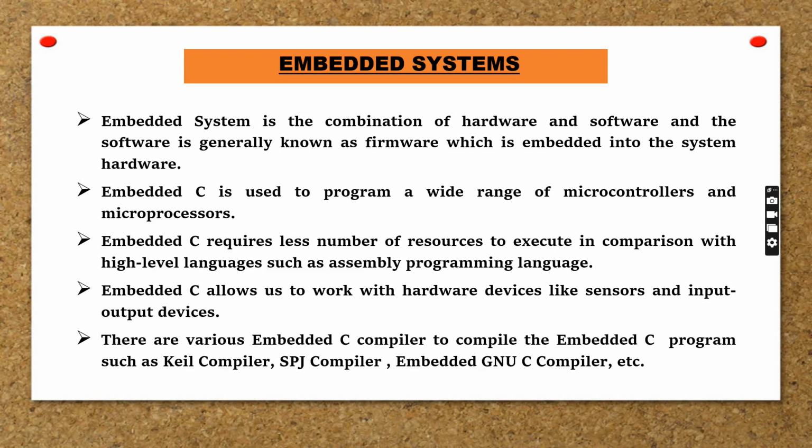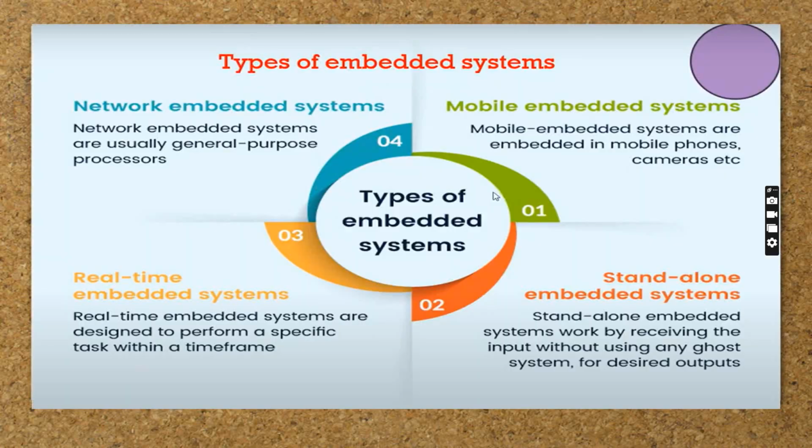There are many types of embedded systems. There are network embedded systems, which are designed to interact with other devices or systems over a network, and mobile embedded system. They are specifically designed to operate within mobile devices such as smartphones, tablets, wearable gadgets, and automotive infotainment systems. Real-time embedded systems are computing systems designed to respond to input stimuli or events within a specified time